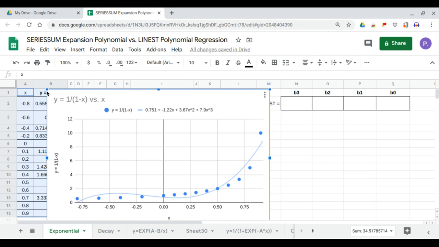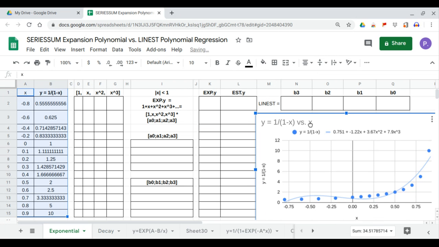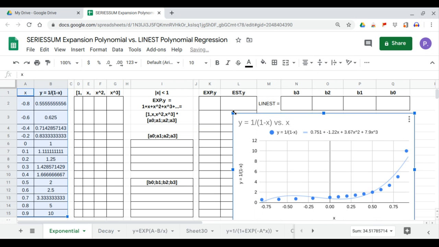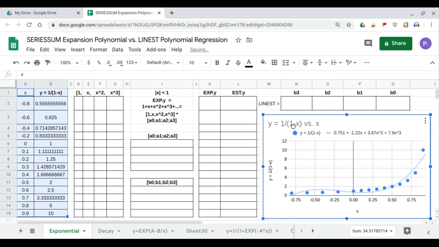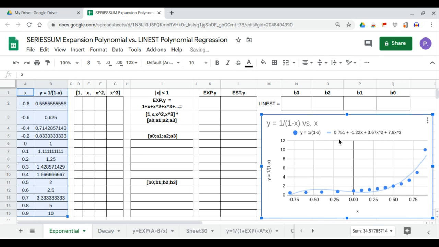So here's the equation. If we use the polynomial regression, which is y, that's the estimated y, equals 0.751 minus 1.22x plus 3.67 x squared plus 7.9 x cubed. These coefficients can be calculated using LINEST, but first we fill up the 1 comma x matrix, which is our formula